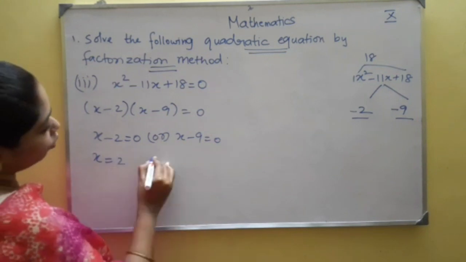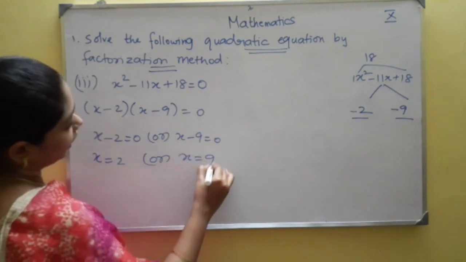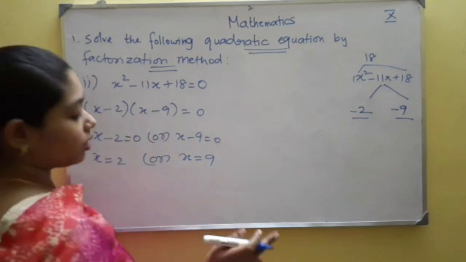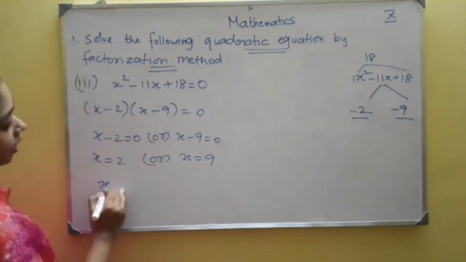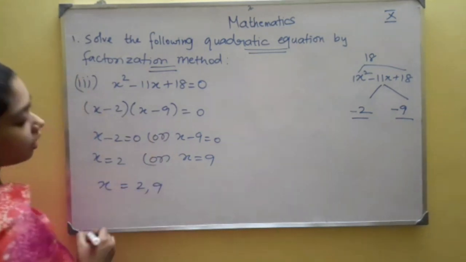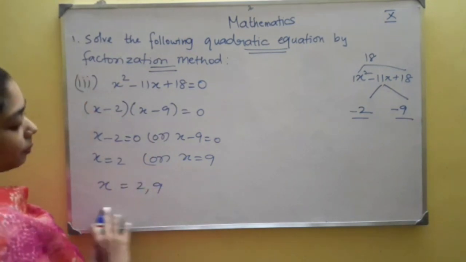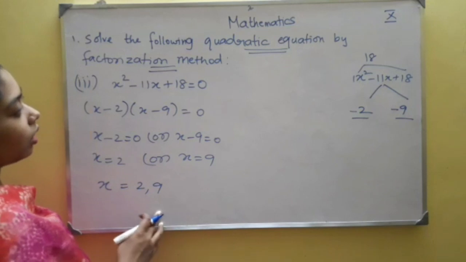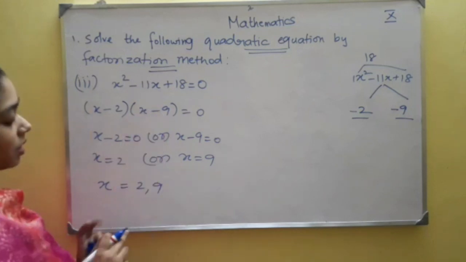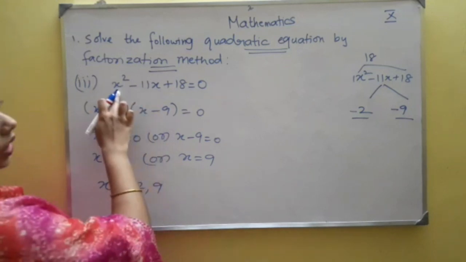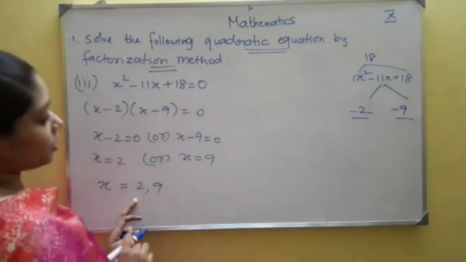So x equal to 2 or x equal to 9. So therefore it's supposed to attain two values, no? So two equations hold. x attains 2 comma 9. Two solutions hold here. You think what is the purpose of finding these two solutions? What is the idea or logic behind it? If you substitute this value 2 over here in this expression, you will get the answer to be 0.